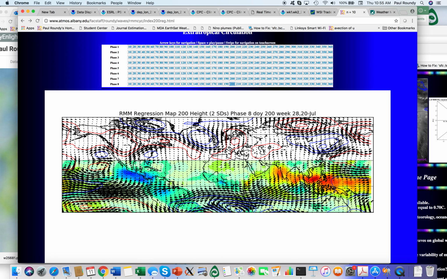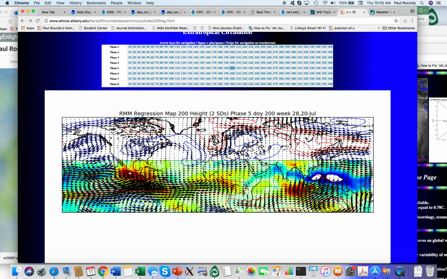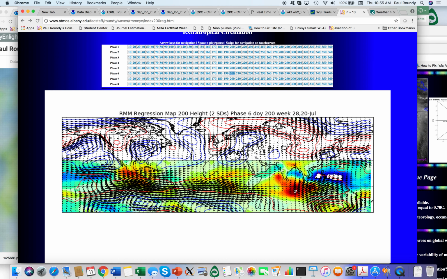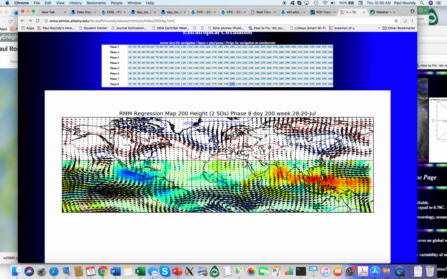So this is what you would expect to see in the average MJO event this time of year, evolving from phase 1 across through phase 8. Now, actual outcomes will depend on the associated distribution of convection, how mid-latitude weather systems along the wave train response behave,